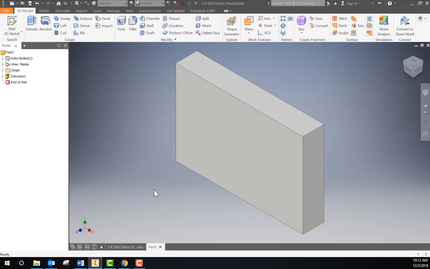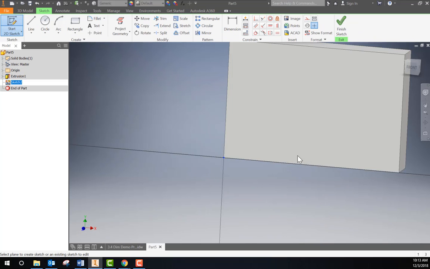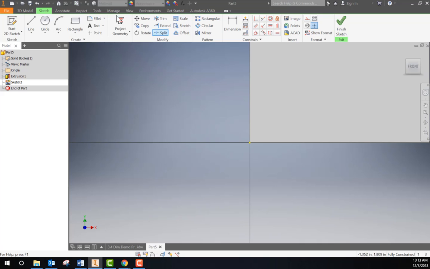So let's go ahead and add that on. Again, we're going to start a new 2D sketch. We're going to place this new sketch on the face of the rectangle we've already made. Let's choose rectangle again, and in the lower left hand corner, because that's where it needs to be, we're just going to click and drag out, and now let's input our width of 1, tab, our height of 1, enter,